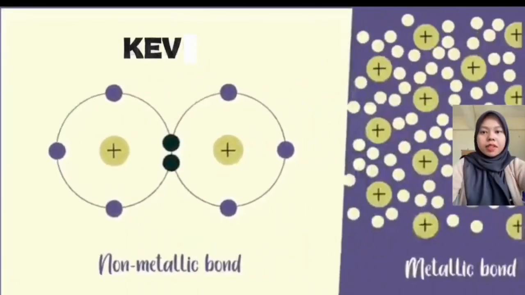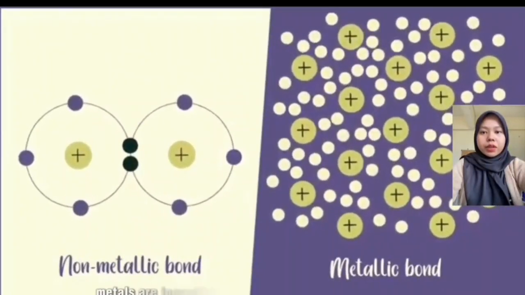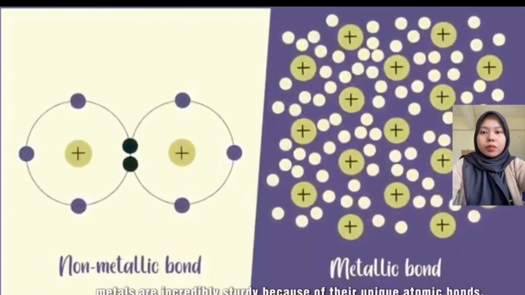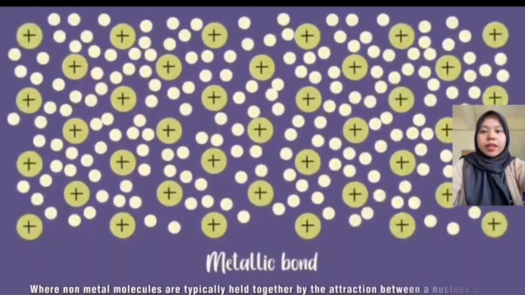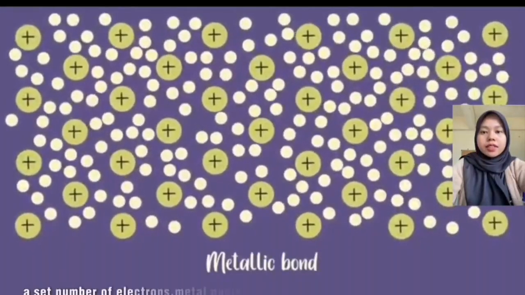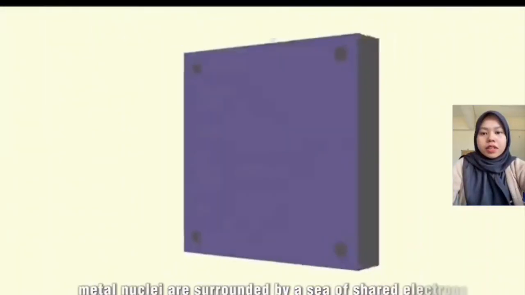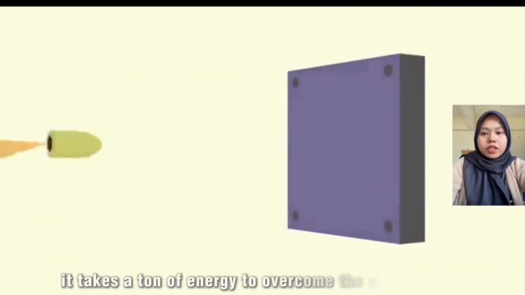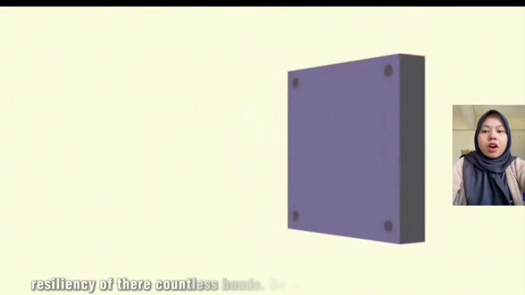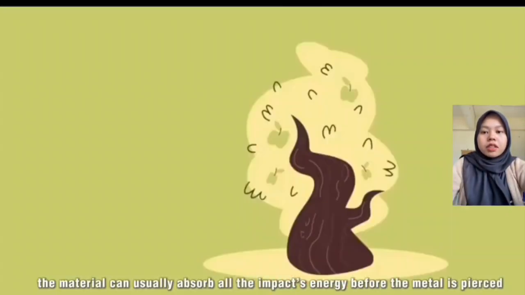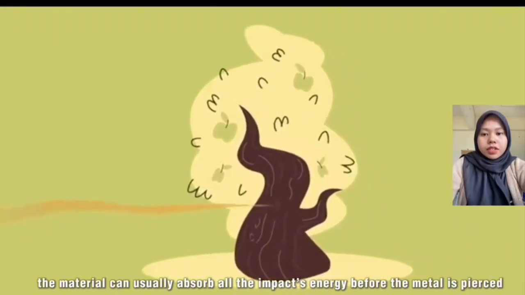Next is Kevlar. Metals are incredibly sturdy because of their unique atomic bonds, whereas non-metal molecules are typically held together by the attraction between a nucleus and a set number of electrons. Metal nuclei are surrounded by a sea of shared electrons. It takes a ton of energy to overcome the strength and resiliency of their countless bonds. So, when a bullet hits a steel plate, the material can usually absorb all the impact energy before the metal